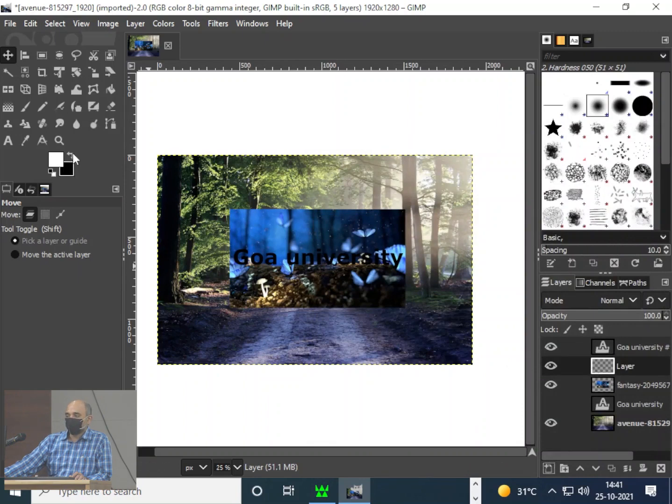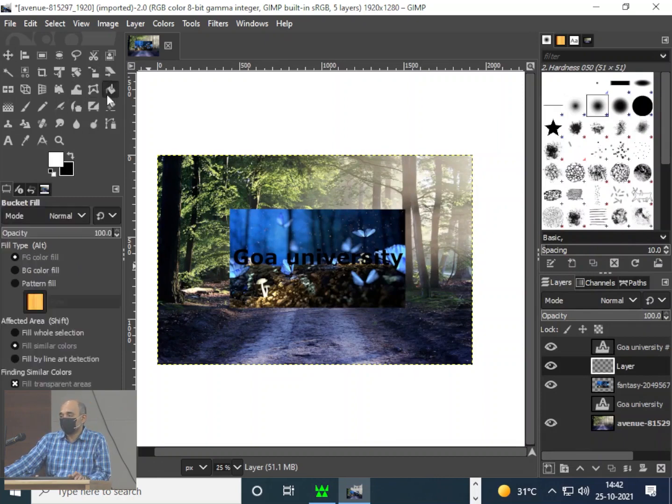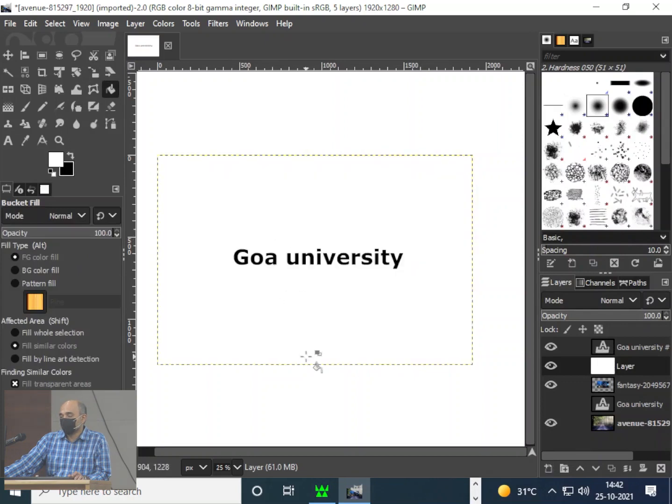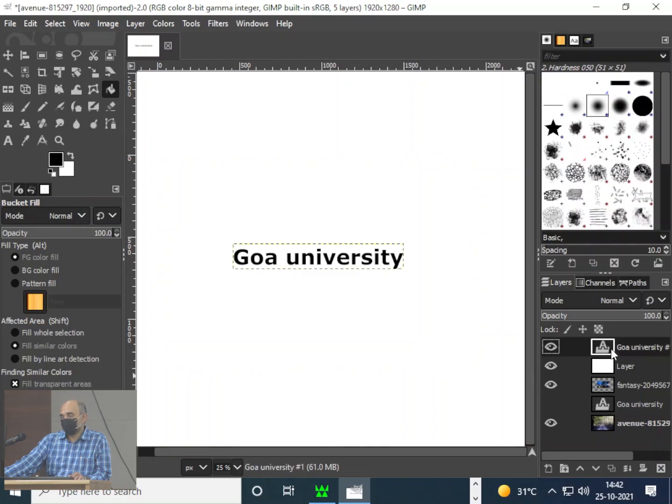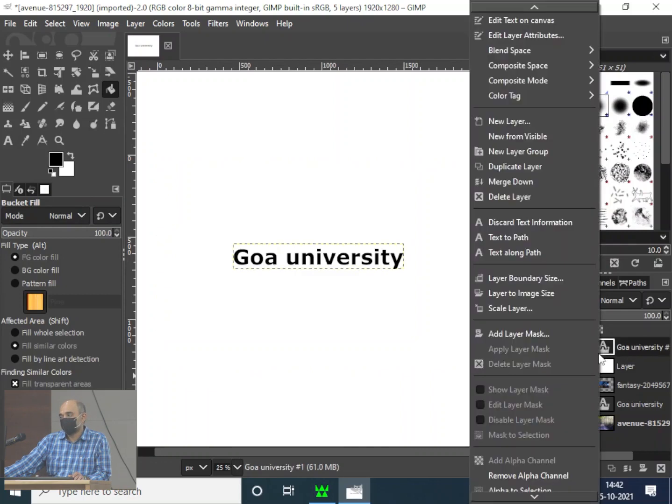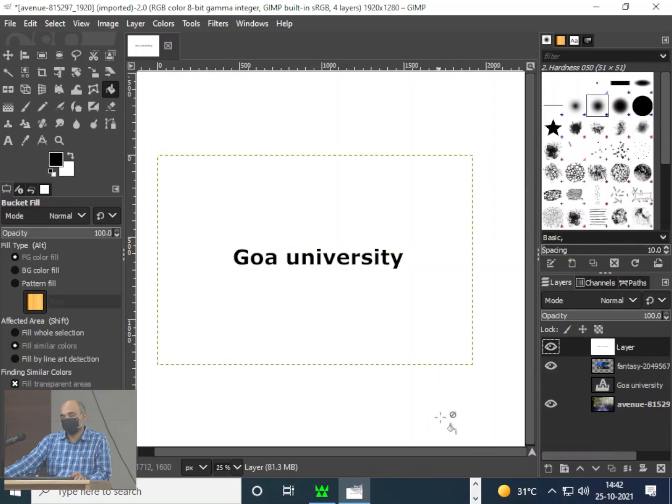And here what I do is change the background and foreground color, and fill it so that I get a completely white layer. I click on Goa University, the text, right click and say merge down.